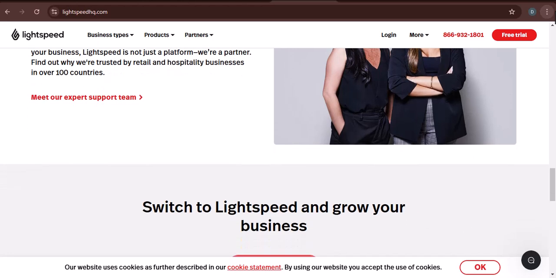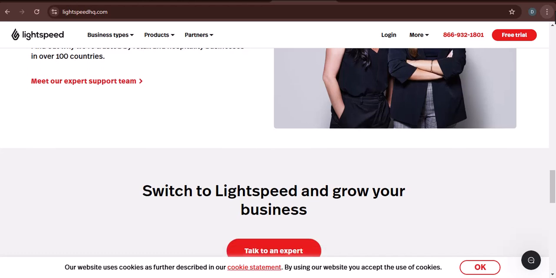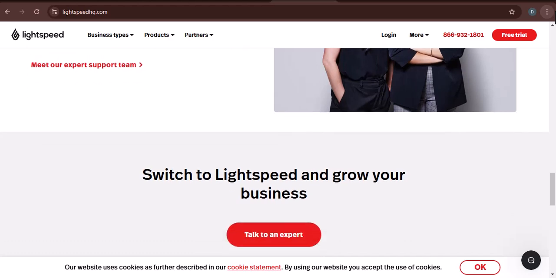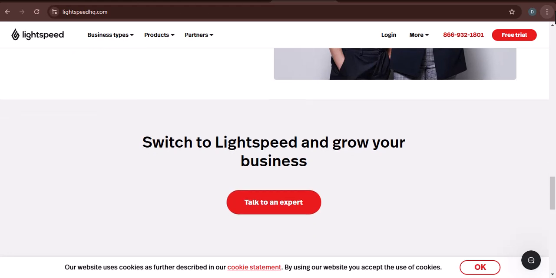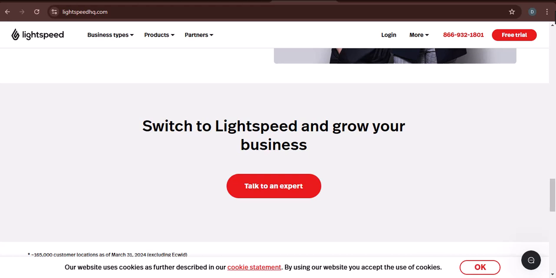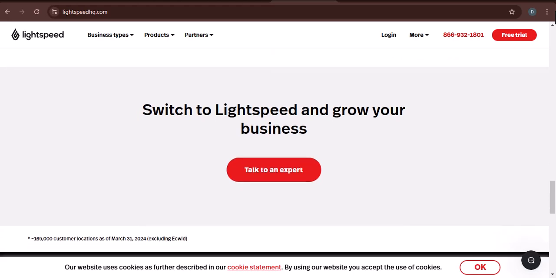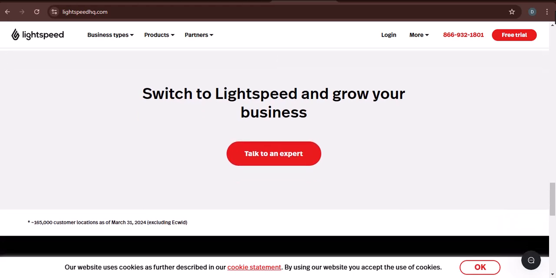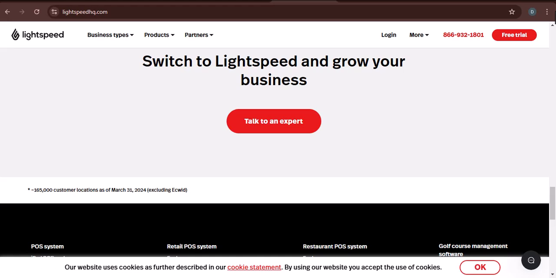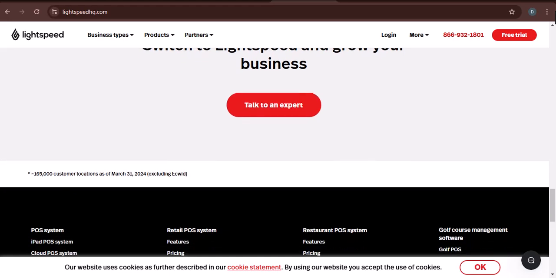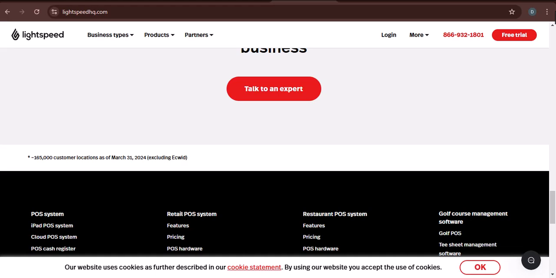So, to recap, exporting your customer data from Lightspeed is a crucial step in unlocking the potential of that information. The most common method is exporting to a CSV file, which can be done through the Reports section of your Lightspeed account. Remember to choose the fields you want to include in your export and comply with all relevant data privacy regulations. Once you have your exported data, you can use it for a variety of purposes, including email marketing, CRM